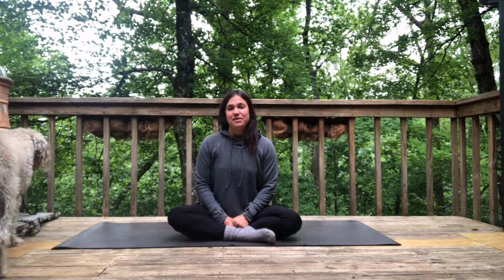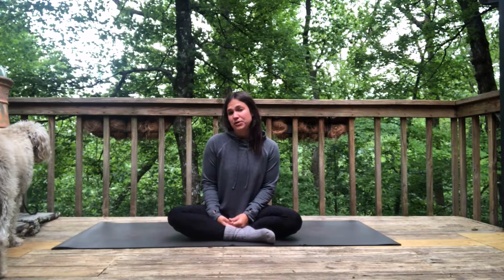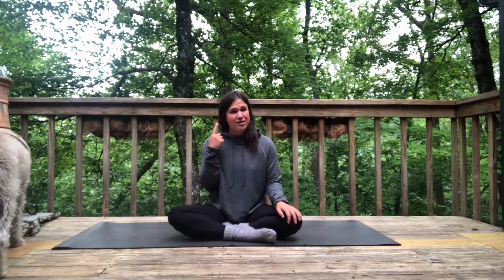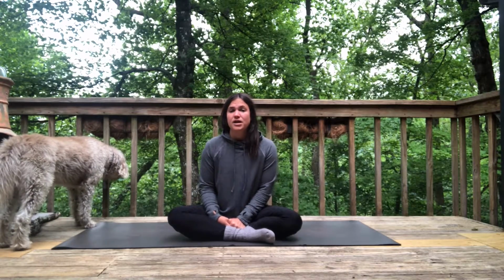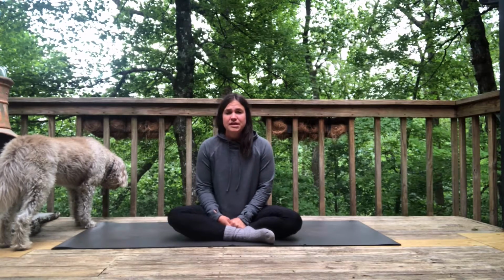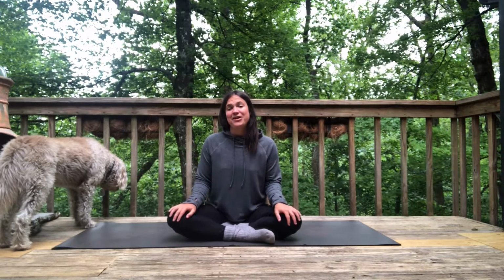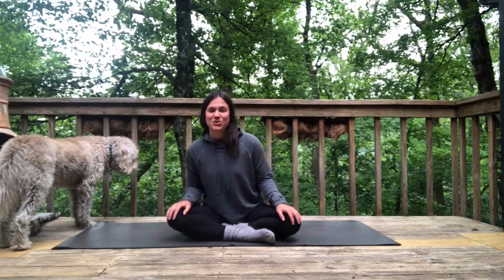So today we want to think about, is our room kind of messy all the time? Is there somewhere or something in our room that we know that we can tidy up a little bit? Also, in our life, is there something that we need to kind of clear away, such as some negative thoughts in our mind, or sometimes we're judging ourselves based on how others around us are doing something similar to us. So just think about, what can you clear away in your life so that you can feel a little bit better? We'll talk about it as we get started, but let's go ahead and start to come into a comfortable